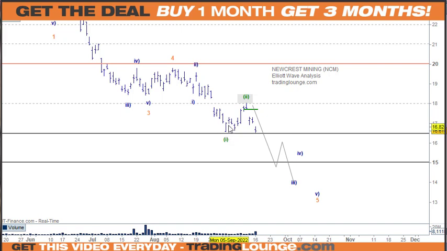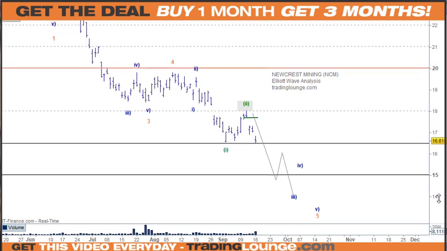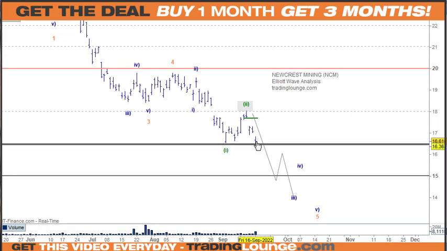You can also see that this move here is in 3 waves. So that means we need to take out that low here at some point. But at the same time, it's at the double bottom here. So there's going to be short covering, there's going to be buyers here, and all the basic mistakes that folks make. So yeah, it can have a rally, but its journey is still to the downside.